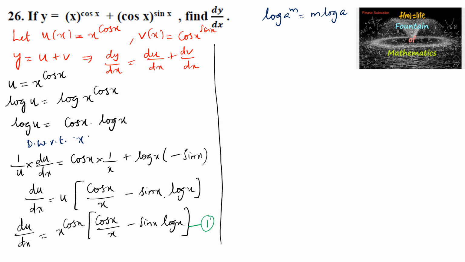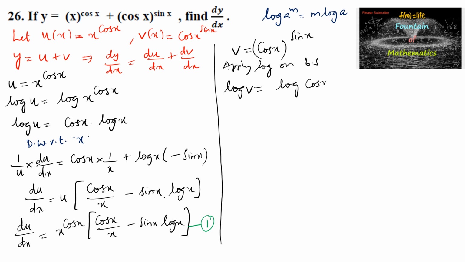And now we shall find dv by dx, that is v is equal to cos x to the power of sin x. Again apply log on both the sides. So we have log v is equal to logarithm of cos x to the power sin x. So this can also be written log v is equal to sin x into log of cos x. Now differentiating with respect to x,